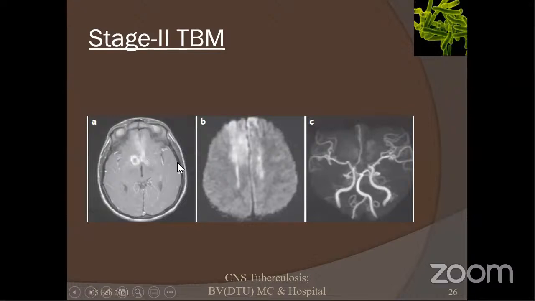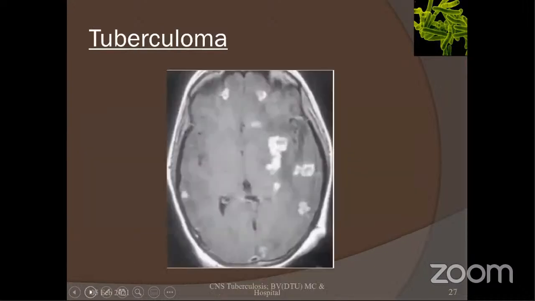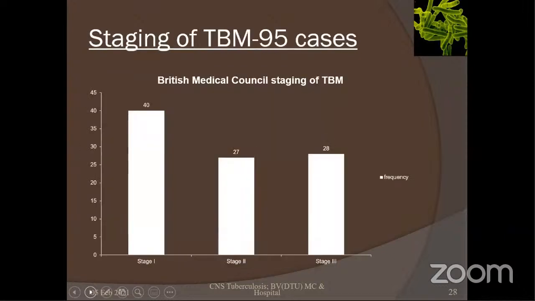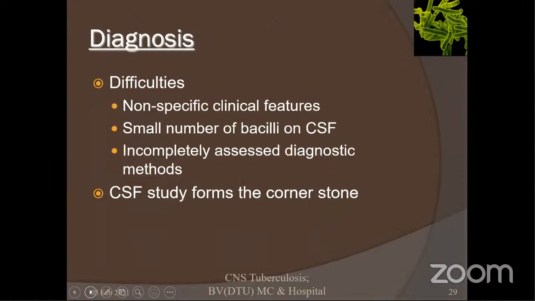You can see the tuberculomas, and there will be arteritis, and there will be vasculitic changes, and there are changes in the brain parenchyma. The tuberculomas can be seen. So the staging of our study: stage 1 is 40 cases, stage 2 is 27, and stage 3 is 28 cases in our cohort. The difficulties are because of the non-specific clinical features, the paucibacillary stage in CSF, incompletely assessed diagnostic